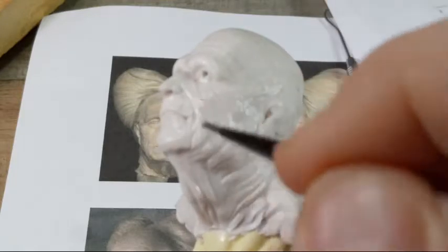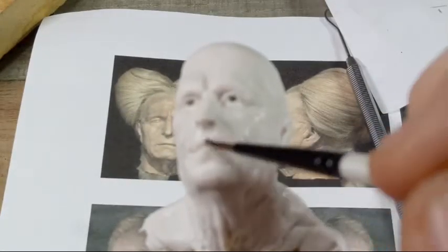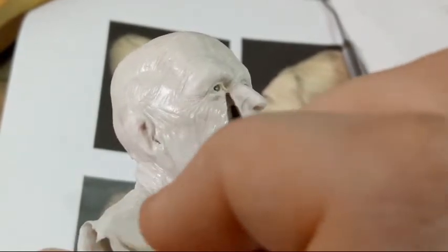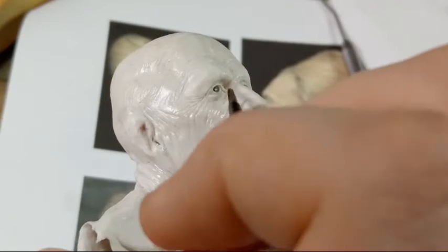And then once you did it, I'm not going to do the whole thing here because it's quite time consuming to be smoothing that out. I mean, it's not a lot of time, but to be watching on camera, I think it's pretty annoying to be watching me smoothing wrinkles when you can't even see what's going on on camera because the changes are so soft. You will need to do it yourself and look at your own sculpture to be able to see what is happening when we put the oil and how a scratch mark starts looking natural and less like a scratch. So you have to have this experience in your hand, especially if it's that small, so you can actually